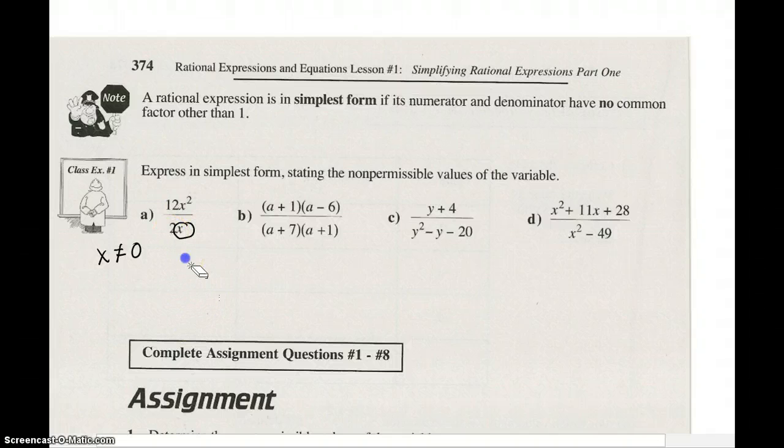I also can cancel out a few things. Now, because this is a monomial, I can just do a simple cancellation. I end up with a 6 up on top and a 1 because 2 goes into both the top and the bottom. Notice the bottom also has an x and the top